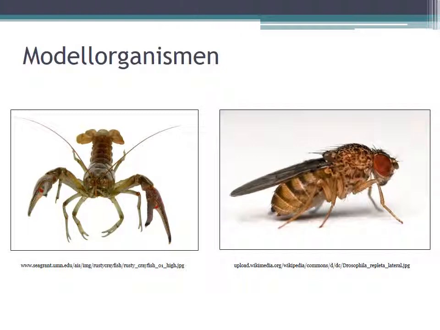The model organisms I used were the crayfish and Drosophila, invertebrates that are used quite often in research, especially because there have been concerns about using vertebrates, but also because they have been used for a long, long time. There are a lot of similarities between crayfish, Drosophila and humans, and they've been used since the 1800s.